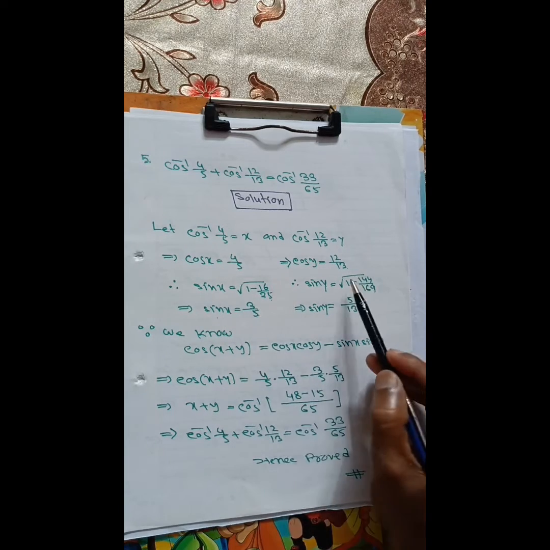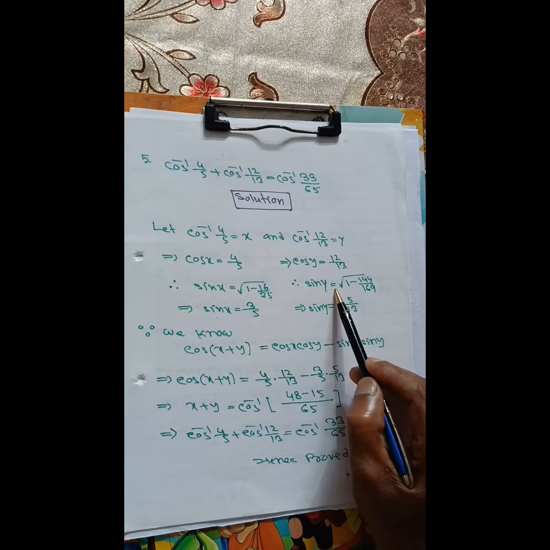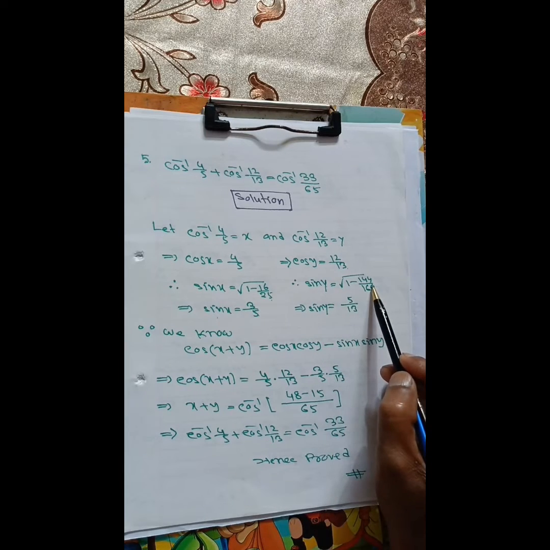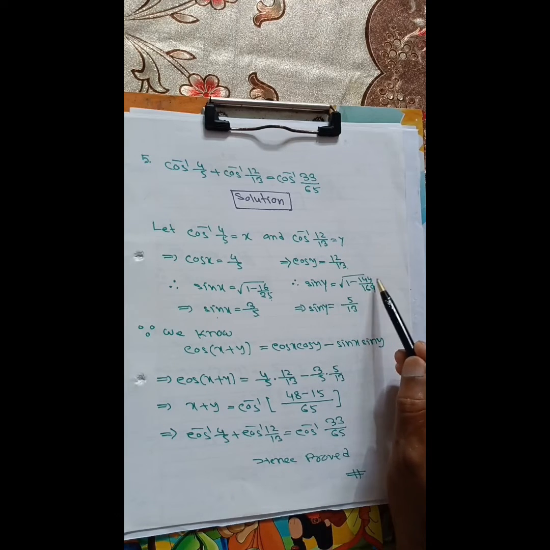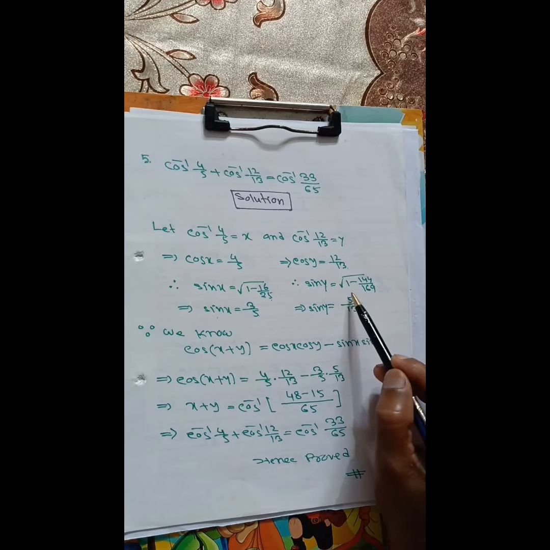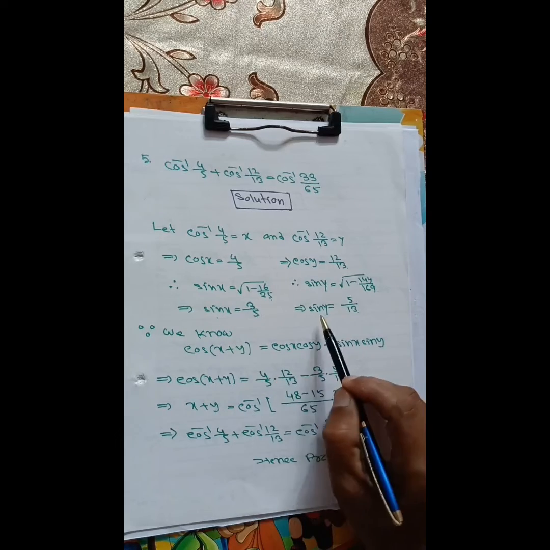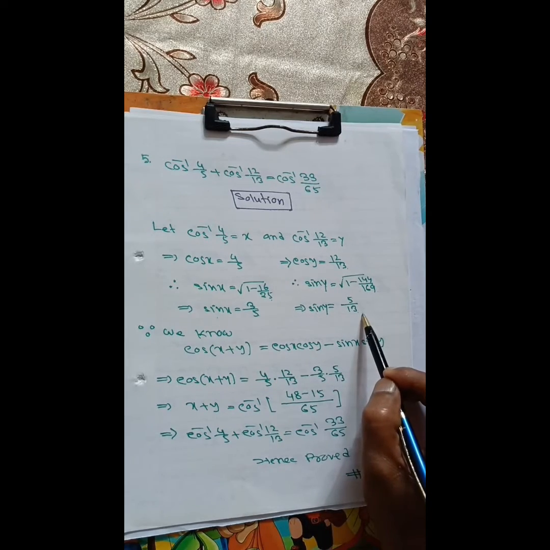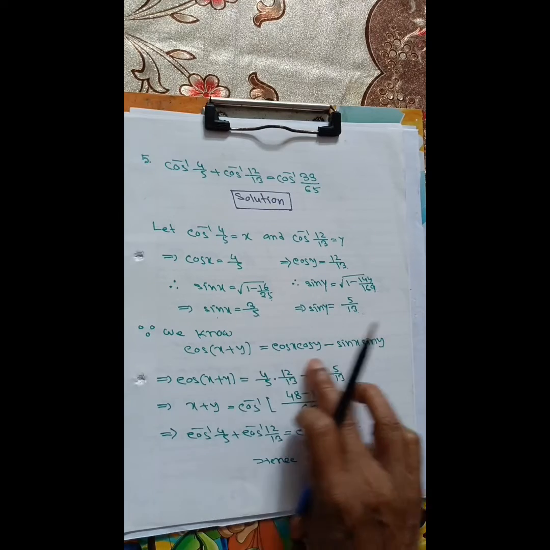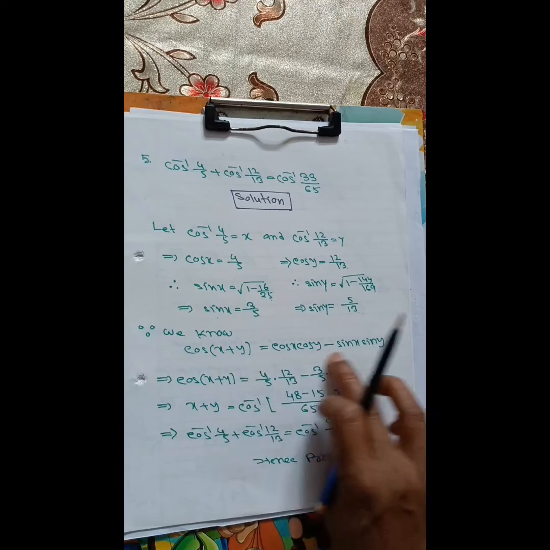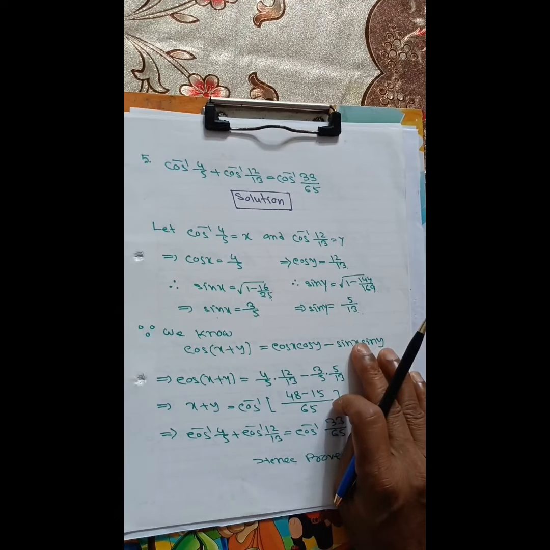Similarly, sin y is equal to root over 1 minus cos square y. Cos y is given as 12 by 13, so its square is 144 by 169. After simple calculation, we get 5 by 13. Then we get sin x and sin y. Since we know a formula which is found in class 11,